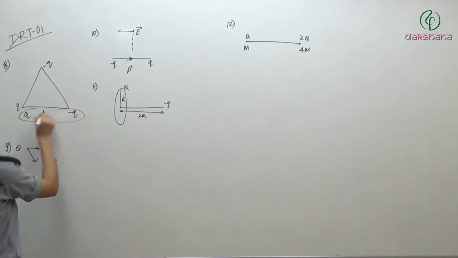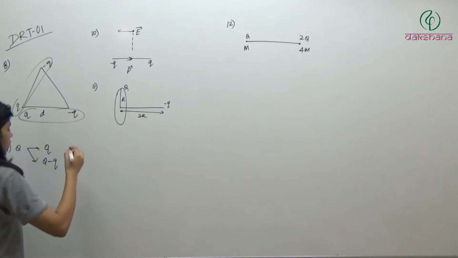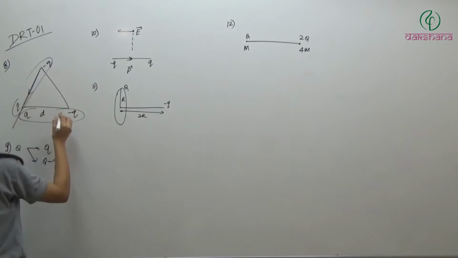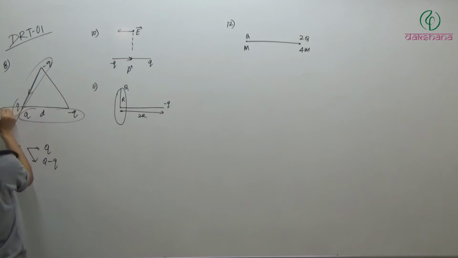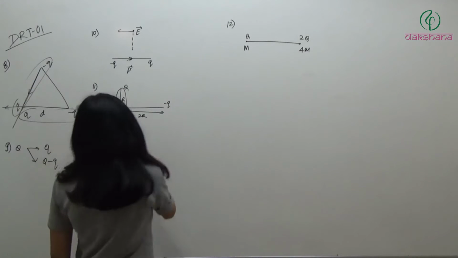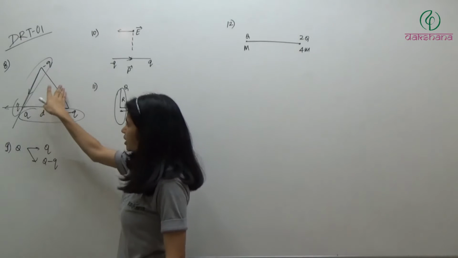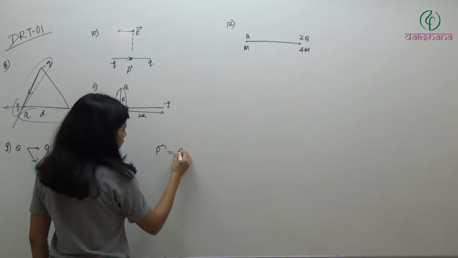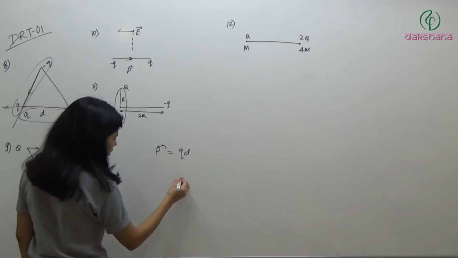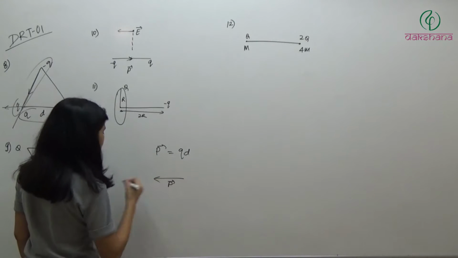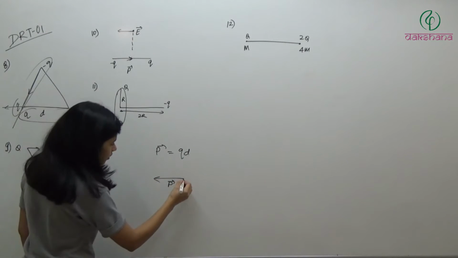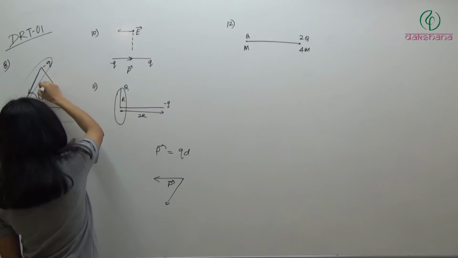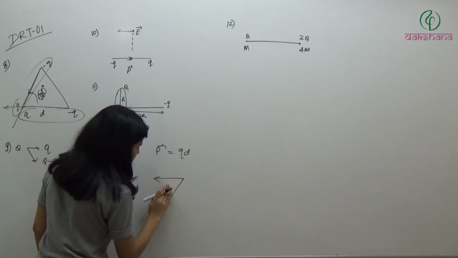So this will be one set, this will be another set. So what we'll have, this dipole moment will be in this direction, something like this, and its direction will be something like this. And definitely because it is an equilateral triangle, this is d. So this P will be, P is equal to QD in this direction. So one QD is like this, or one P is like this, and another P is like this. And what is the angle between them? Angle between them is 60 degree. Right? It is 60 degree.